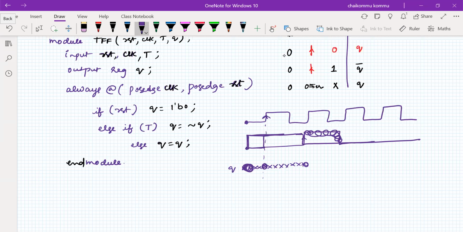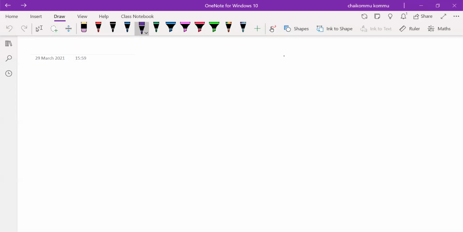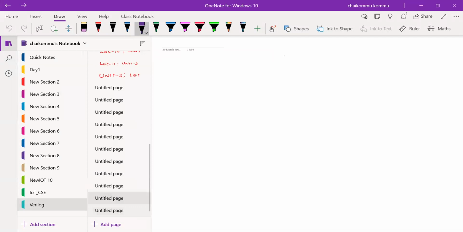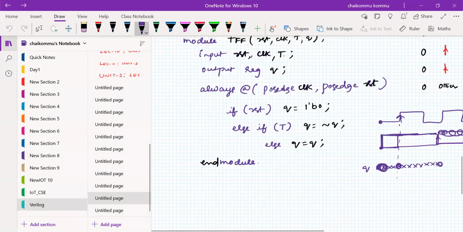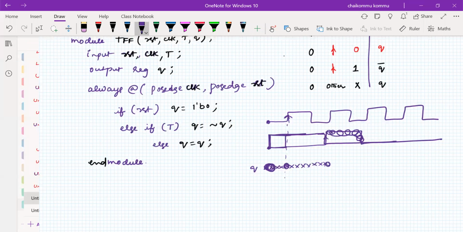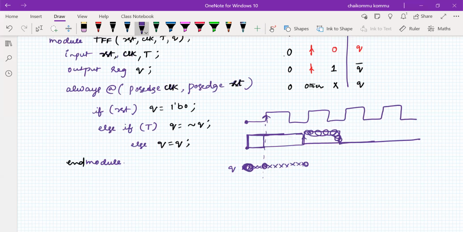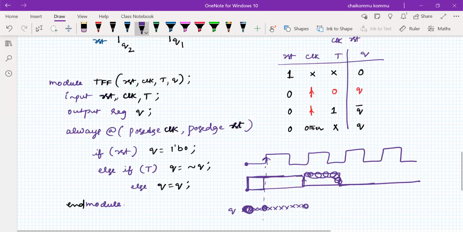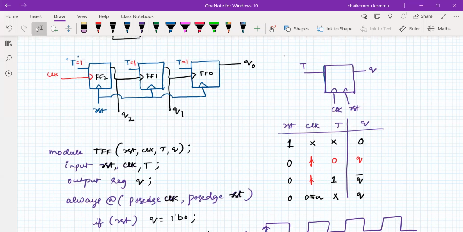Then whenever we find the first positive edge of the clock, this will happen. Okay, so a precaution has to be taken here: the reset signal must be made high first, then we have to start the things, otherwise all the outputs will be complement, this value is only 0, so unknown only. Okay, fine. So therefore this is the T flip-flop. According to the notation we can write the structural modeling for this one. Please consider this also as homework and do the test bench as well.